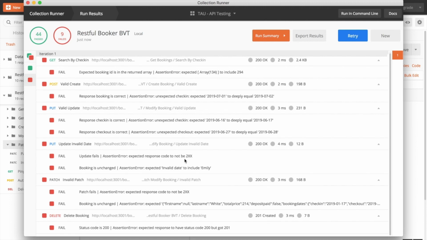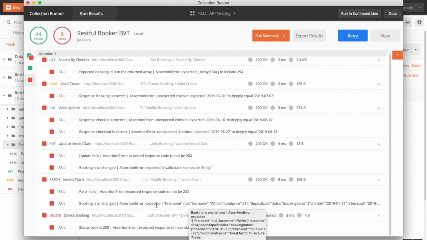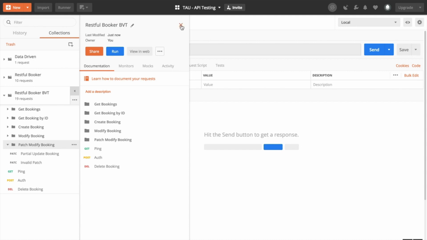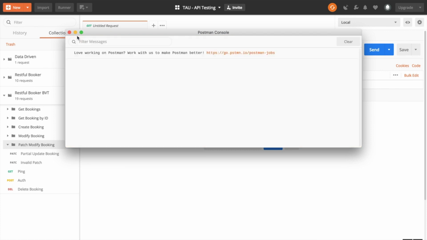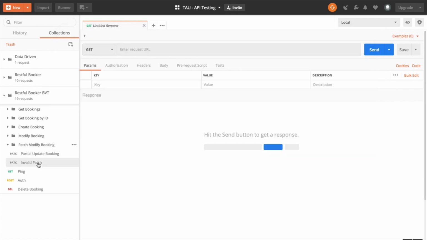So for example, here in the patch, when we inserted a null first name, it actually turns out that if you do it through patch, it will take the null first name. So this is some of the issues that have been revealed by our build verification test. And if you want to dig in a little deeper onto a specific test, a great tool is the Postman console. So for example, if I go here to the invalid patch,